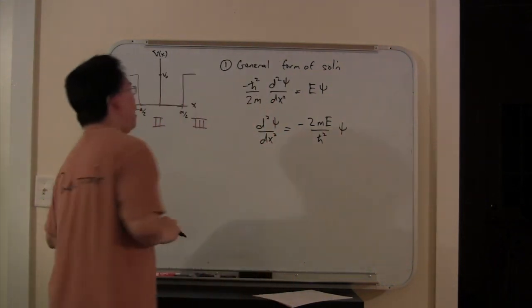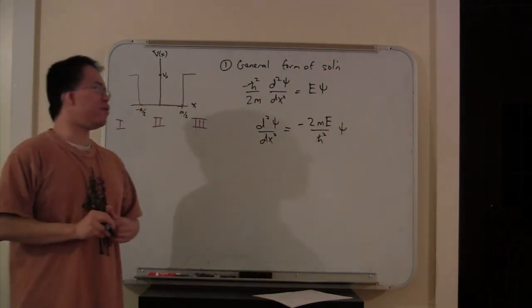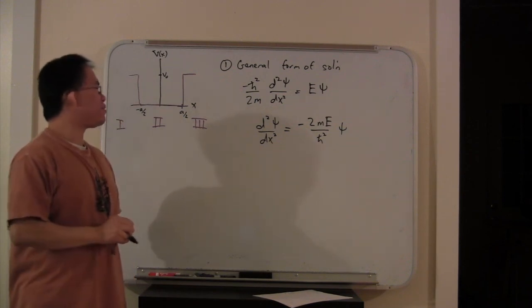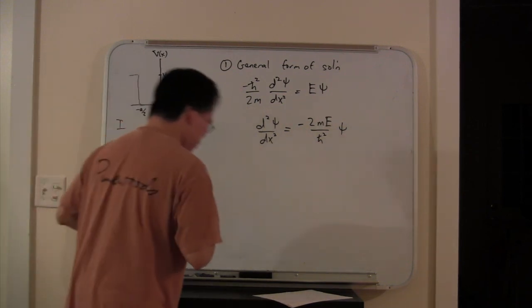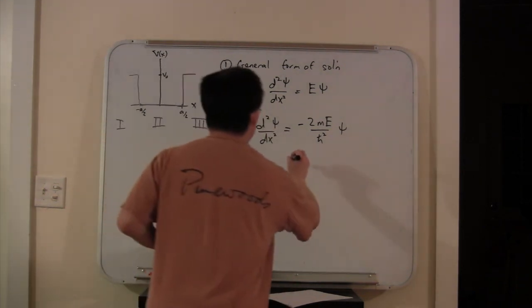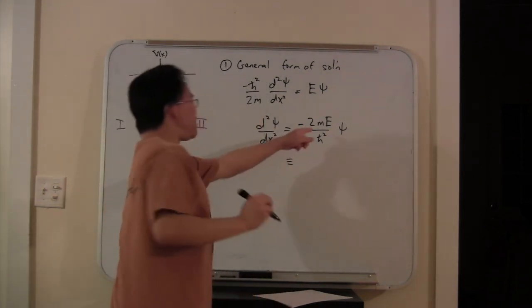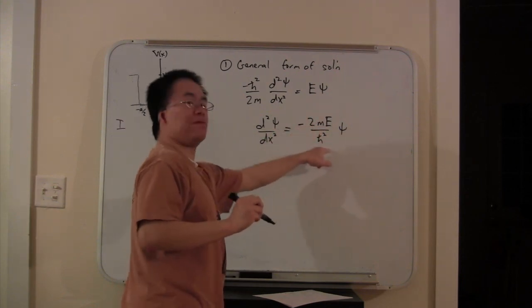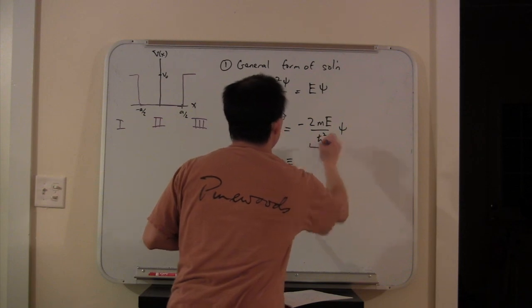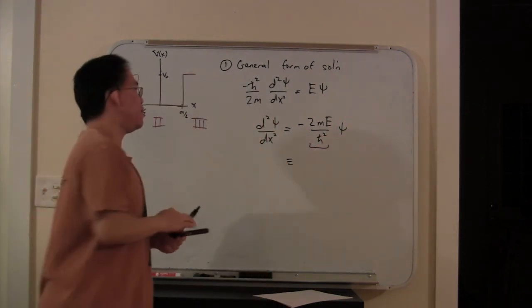So this is a differential equation you know how to solve. And let me just define a constant here. I'll just define this group of things as k squared